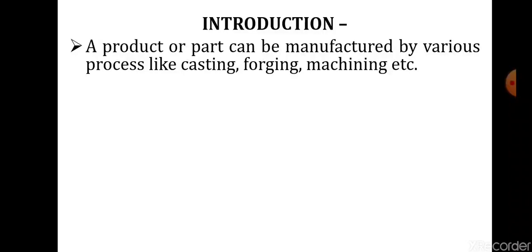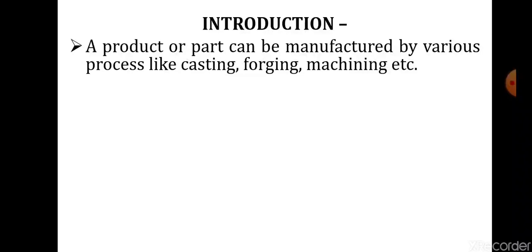Let's say we want to make a mild steel ball. So the molten mild steel metal will be made to pour into the cavity which is having a shape of a sphere or a ball. When it is allowed to cool and when it solidifies, it takes the shape of the cavity. So any shape can be produced by making a mold cavity and then pouring the molten metal onto that. That process is called casting or foundry.